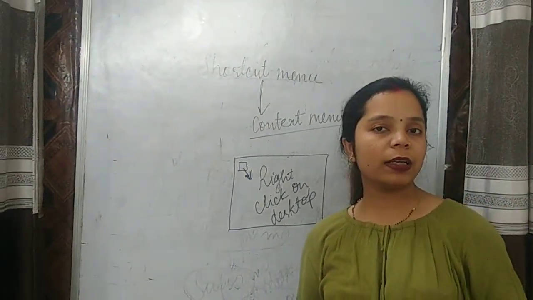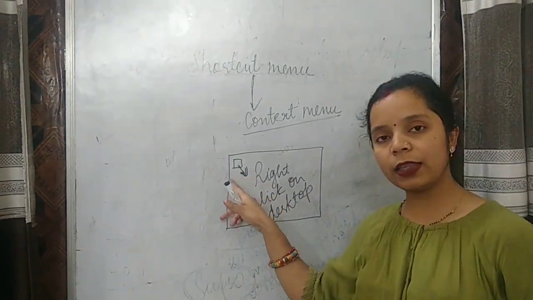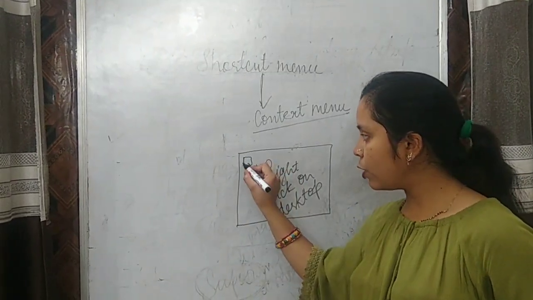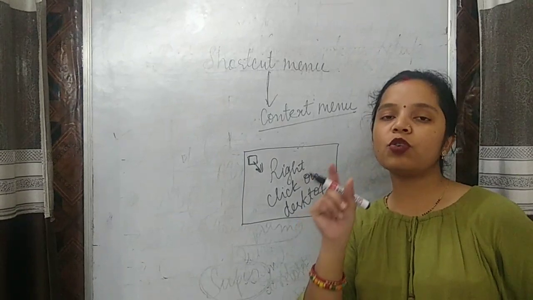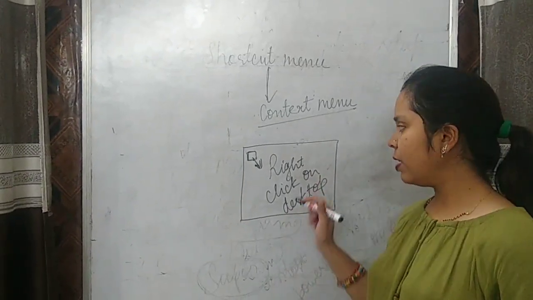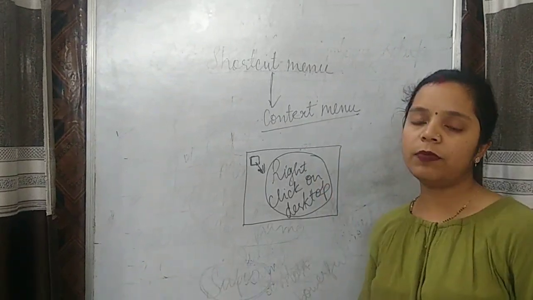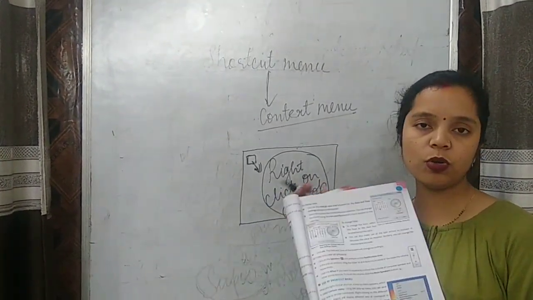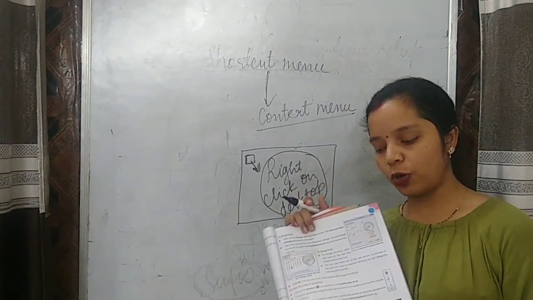So whenever we right click on the desktop, a menu is shown, and whenever we right click on any icon, a shortcut menu is also shown, and that shortcut menu has a properties option. Whenever we right click anywhere on the desktop, it will show a menu, and in it the personalize option, from where we can customize our desktop.